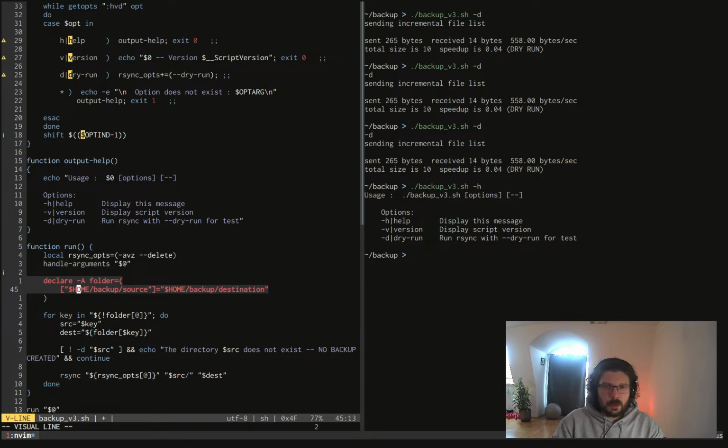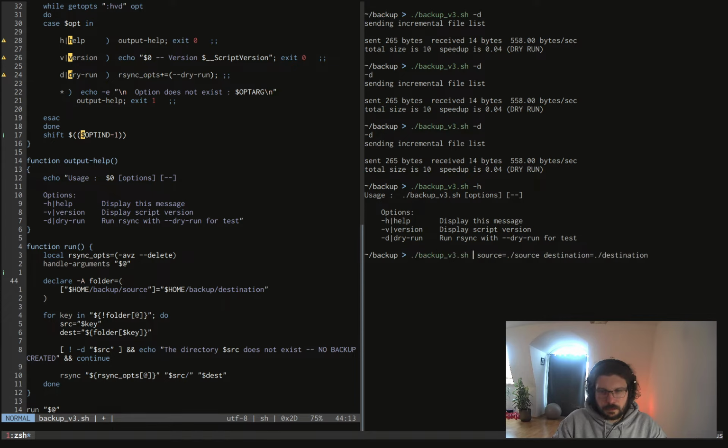So basically what we want to do is give those directories to the script. Like that. Let's say source equals source, destination equals destination. We could do that, for example. We won't do it like that, but we could. And then, since we give that directly as input, it would work. It would be something like that. But if we want to do that, and let's say we have options before, we need to kick out the options before,